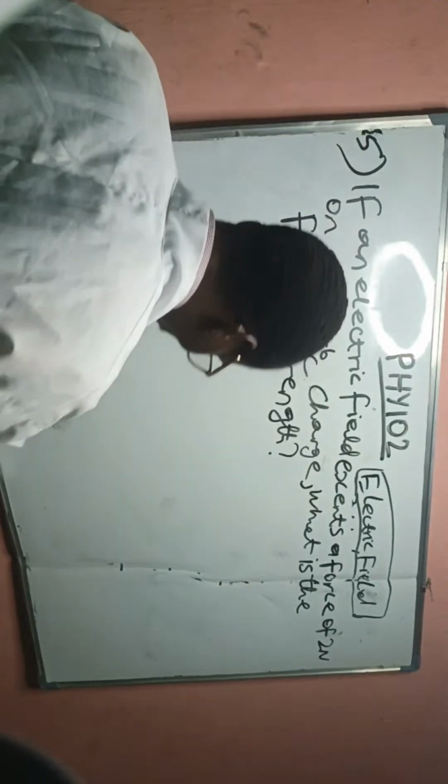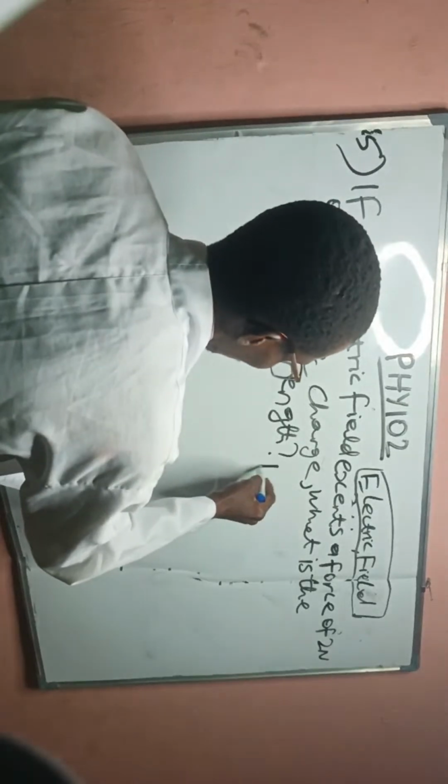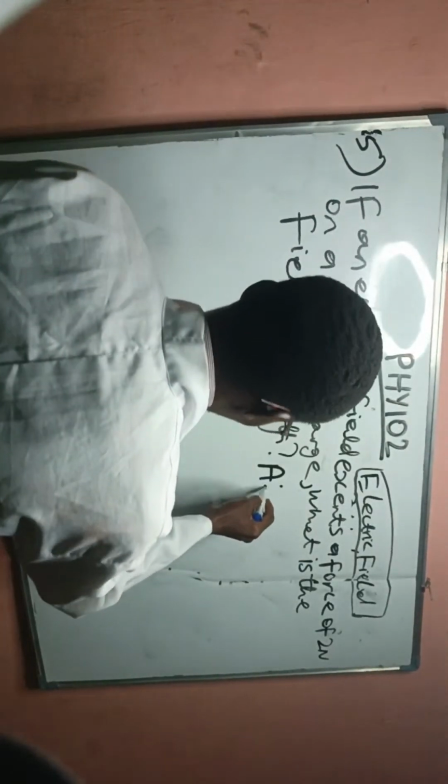Now from the question on the board, which formula are we supposed to use here? Okay, but before that, let me list the options we have. We have option A,